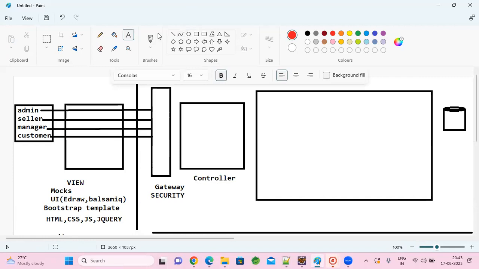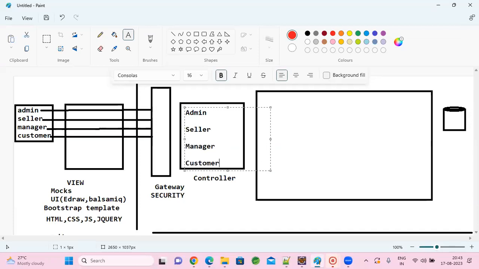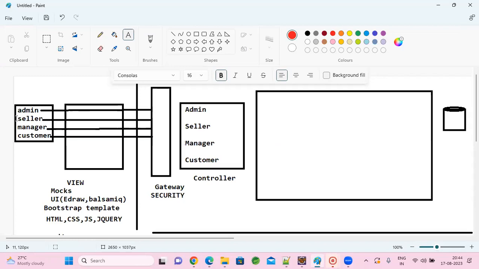Controllers. Here again, you will have admin controllers, seller controllers, manager controllers, or customer controllers. All your controllers will be part of your controller layer, and vertically we will break it, so that we can deploy it as a separate service.